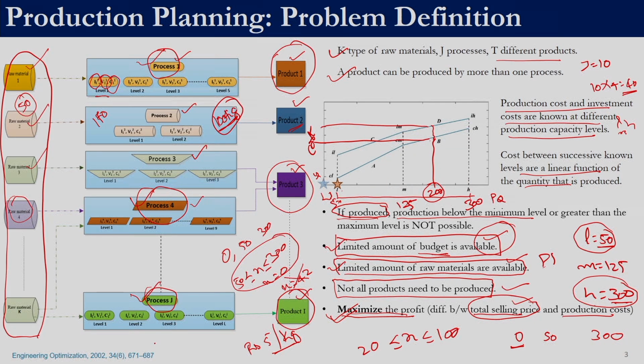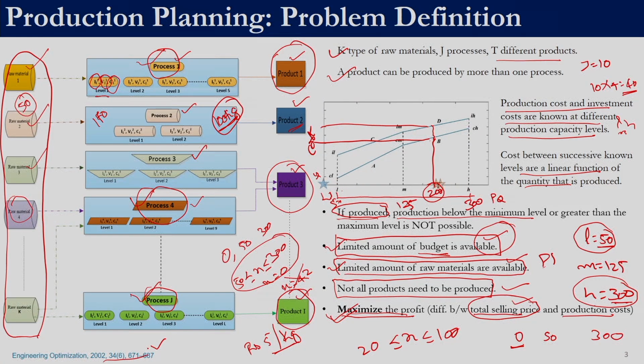For additional details you can look into this reference. In this reference they use a mathematical programming approach to solve this problem. If you remember, for this course we had classified optimization techniques into two categories: meta-heuristic techniques and mathematical programming techniques. Since we have only looked into meta-heuristic techniques as of now, we will see how to solve this problem with the help of meta-heuristic techniques. The solution procedure that we are going to discuss in this lecture is not given in that paper, but the problem definition is exactly the same as that handled in this research work. This case study is reported in that research work.